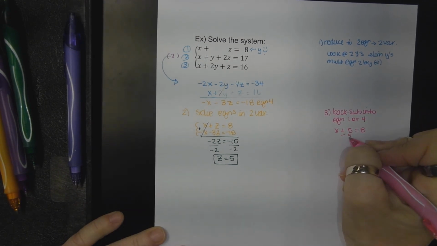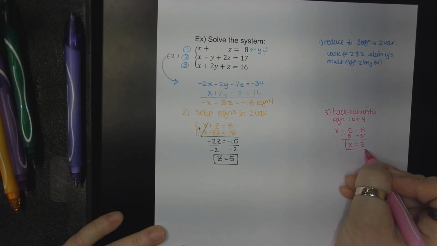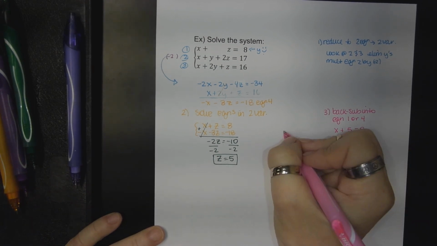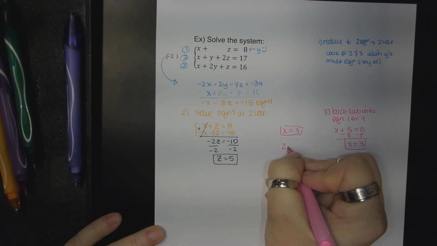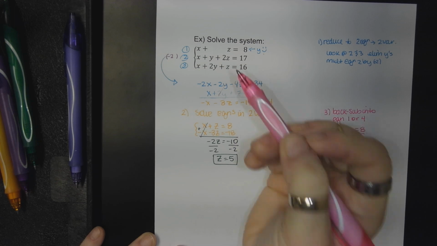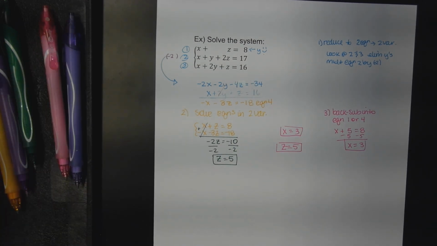Move your 5 over. So now our x equals 3. Okay? So we have x equals 3, and z equals 5. We have 2 of the 3 variables, so now we're just left to solve for, you got it,